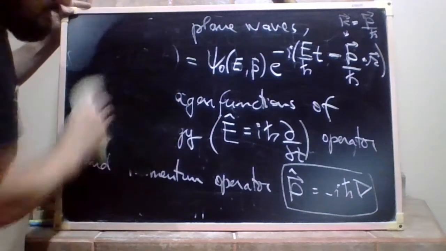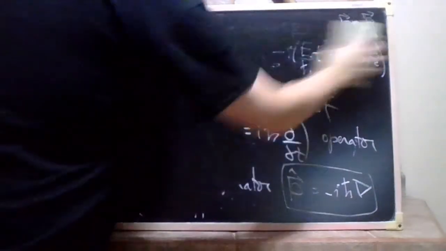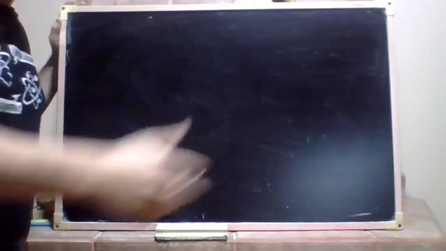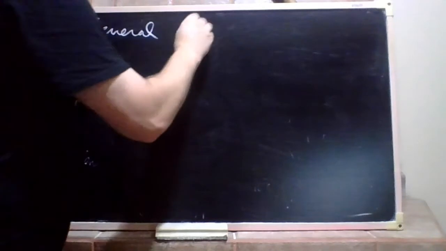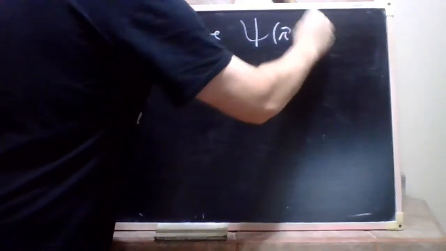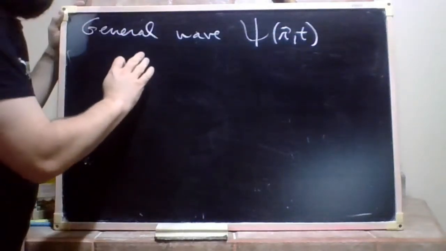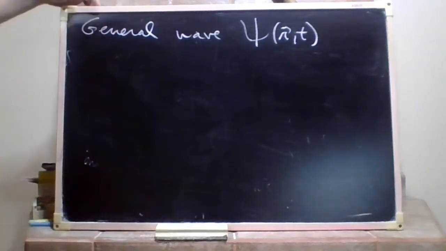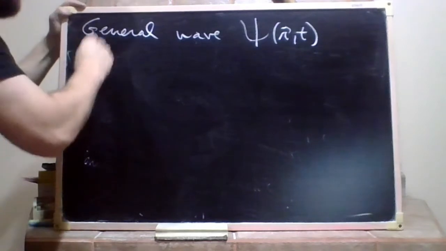Now that we have found what the momentum and energy operators are, they are just consequences of the Planck and de Broglie principles or relations. You can see the following thing here. If you want a general wave psi of r and t, not a plane wave, a general wave, all right? What do you want to do? Well, we know